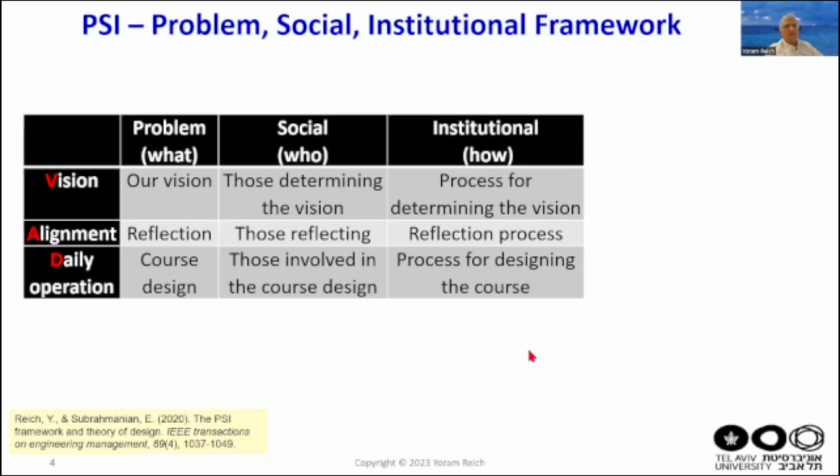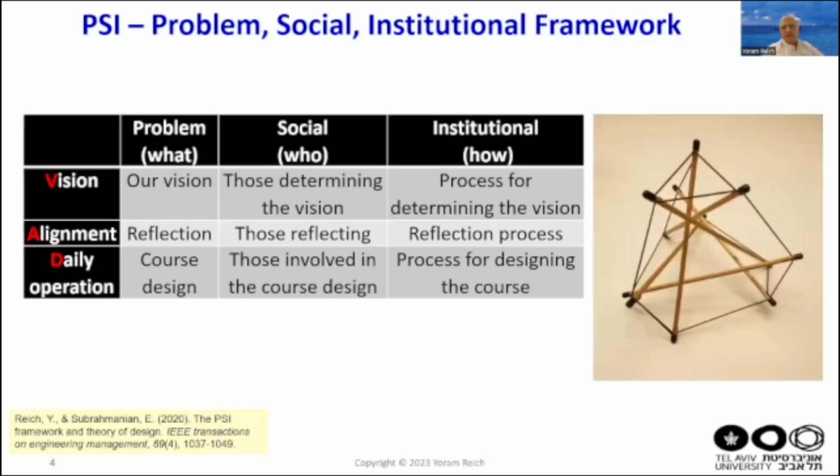One thing very important is the concept of alignment. You see it here, but I'll show you in a much better way. This is the real thing. So if each cell in this matrix is a bar, then you see all of them are sort of connected together, I would say aligned. And even if something changes a little bit, the others set in their position right away. And this is very stable and it can hold weight. And it's in a way robust or resilient to changes in the environment.